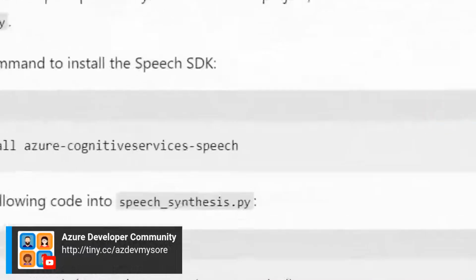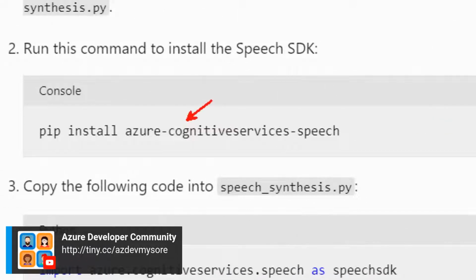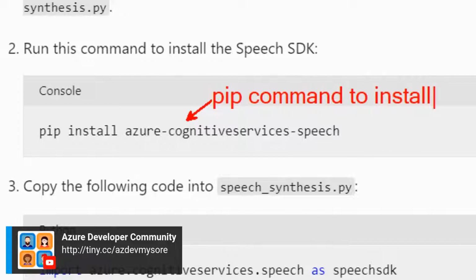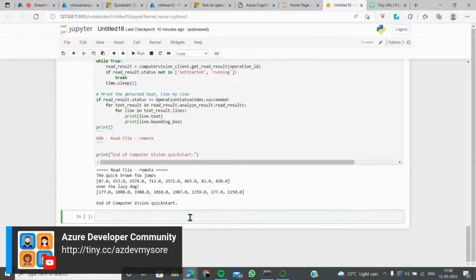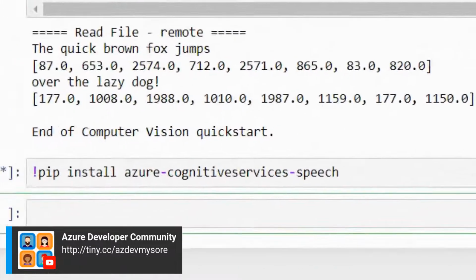So this is a command to install the cognitive services. It's a pip command to install the speech API, and you can start working with it. This is how it is. So now we can go here and just do that and just look at the magic of it.